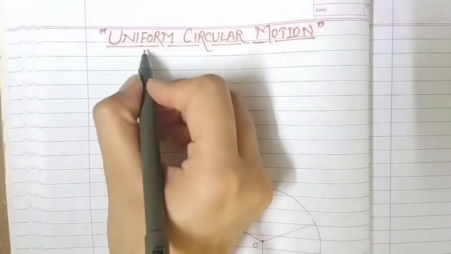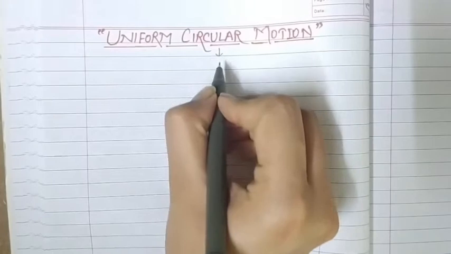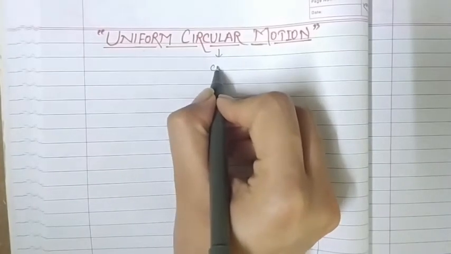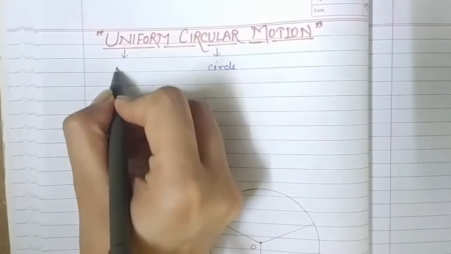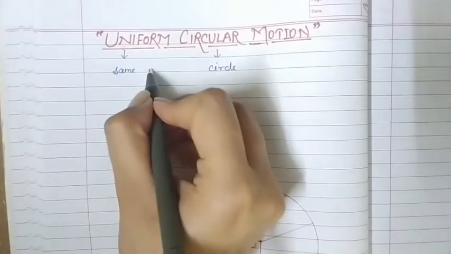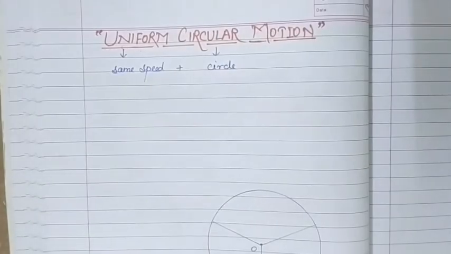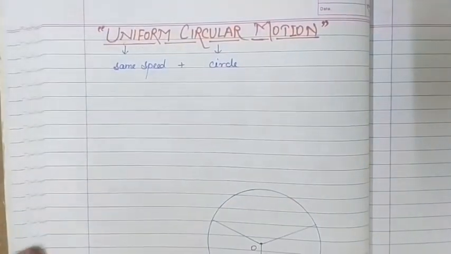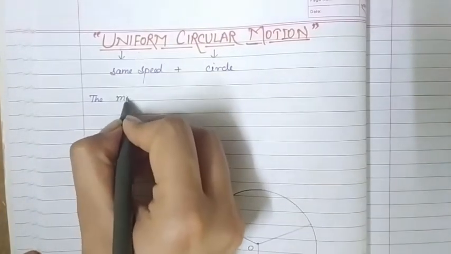In the term we have two main parts: circular means the path should be in the form of a circle, and uniform means the same speed throughout the motion. So combining these two, we can define uniform circular motion as the motion of a particle